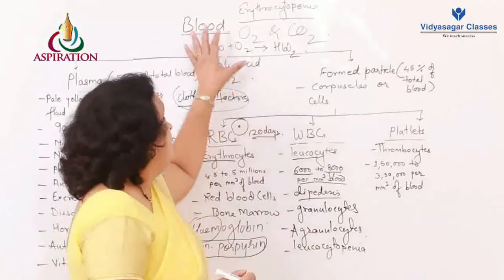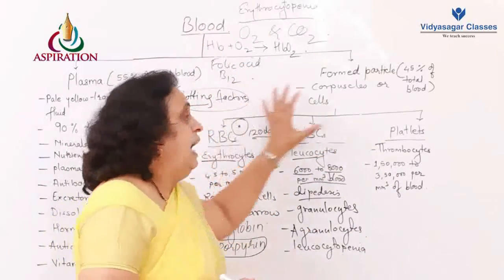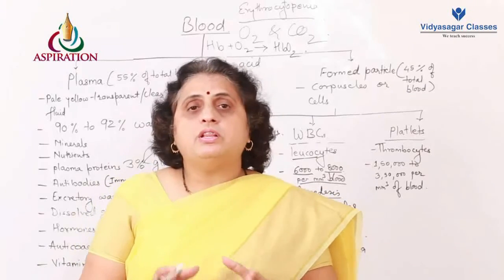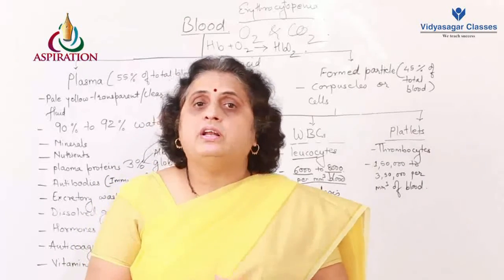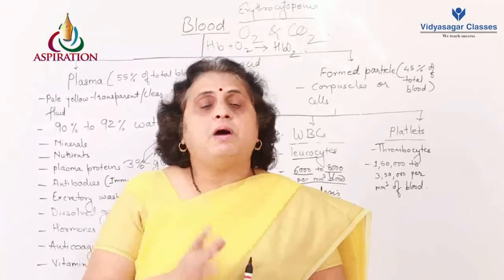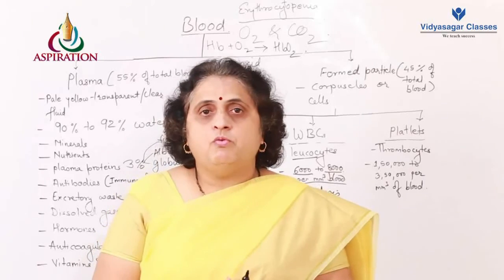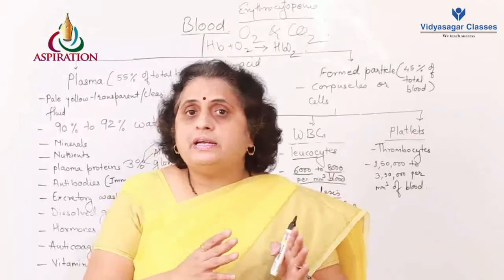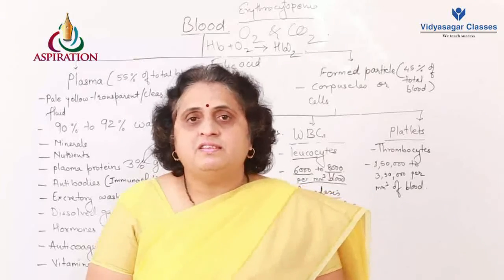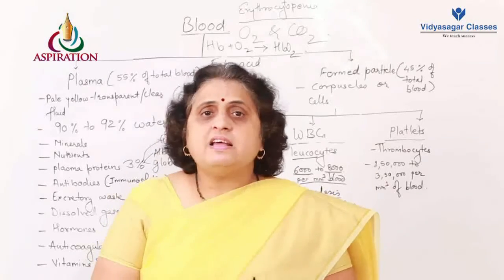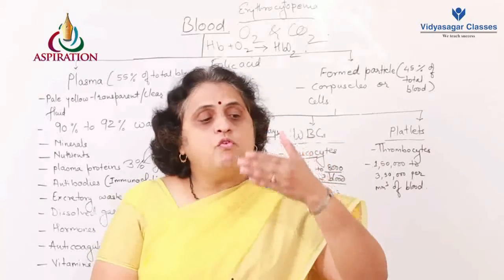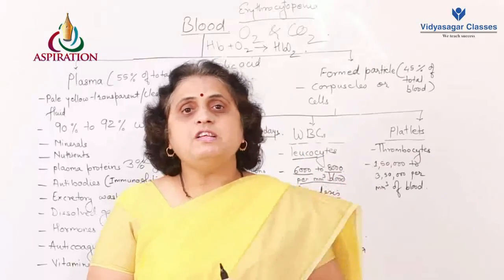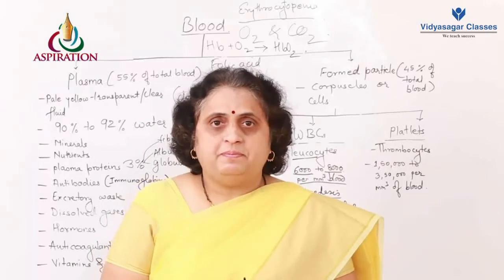We have considered the blood along with its plasma and formed particles. This plasma and formed particles together form the blood, which is a fluid connective tissue and a major part of the circulatory movement of the fluids. That brings us to the blood circulatory system, which is the movement of this blood in the body. How is this blood put into circulation then?